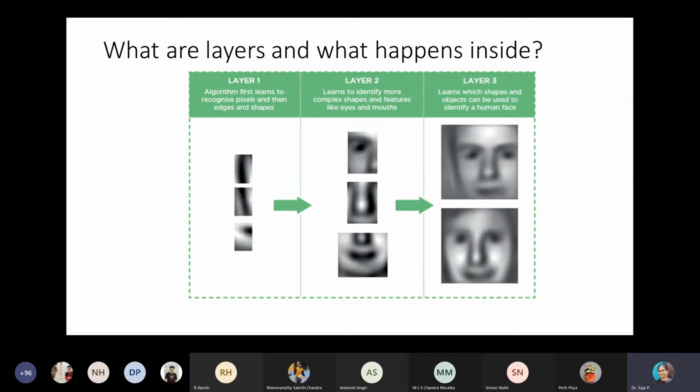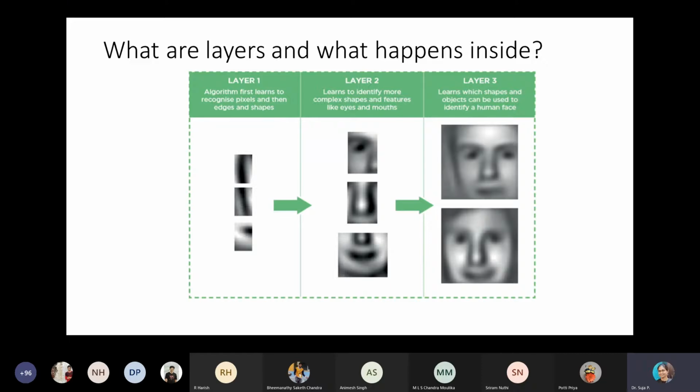It is like what we human beings do. Suppose you want to differentiate a lion and a tiger, or an elephant and a giraffe. How will you compare? The ears of the elephant are different and the ears of the giraffe are different. The shape of the tail is different. The shape of the body, color, size, everything is different, isn't it? So you observe the eye part and compare it with the pattern stored in your brain. This is not the eye of an elephant, so this is not an elephant. This looks like the eye of a giraffe, so I say this is a giraffe.